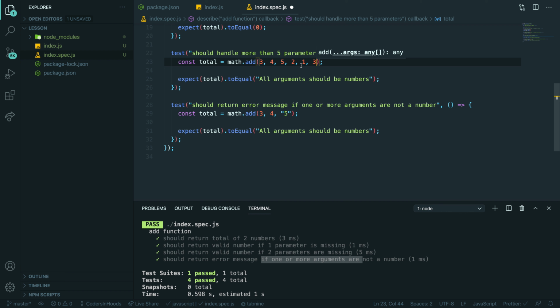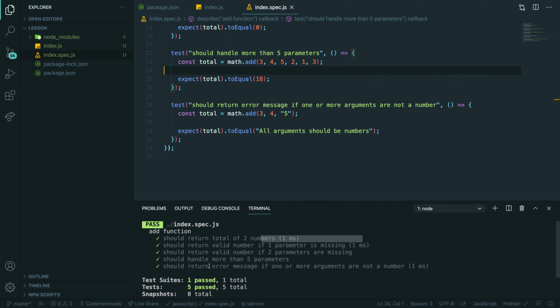So let's do some simple math. We have 5, 10, 11, 15, 18, right? So total should be 18 in our case because it's valid, but we want to handle all of them. Yeah. Save. Yep, looks like it is working.